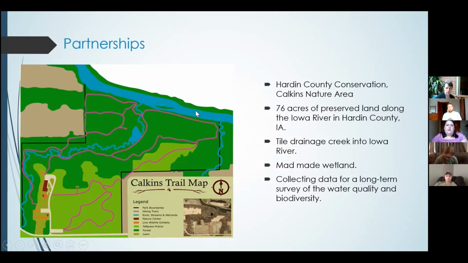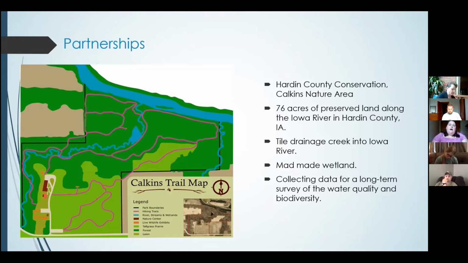So here's the Iowa River up here in the northern boundary of the park. And then there's a bunch of trails that run through it. But the part that I found most fascinating for this project is there's also a drainage creek that runs through Calkins Nature Area. And so this drainage creek, it's hard to tell with this picture, but there is farmland surrounding all of Calkins Nature Area on all sides except for where the Iowa River is. And so this drainage creek is actually a tile drainage creek. And so that farmland has tile that eventually drains into this creek, and then that creek drains into the Iowa